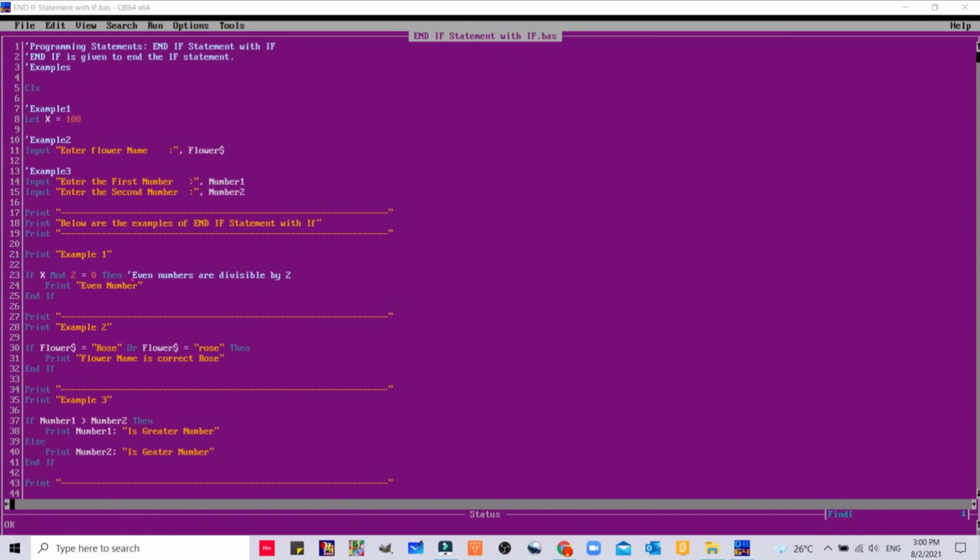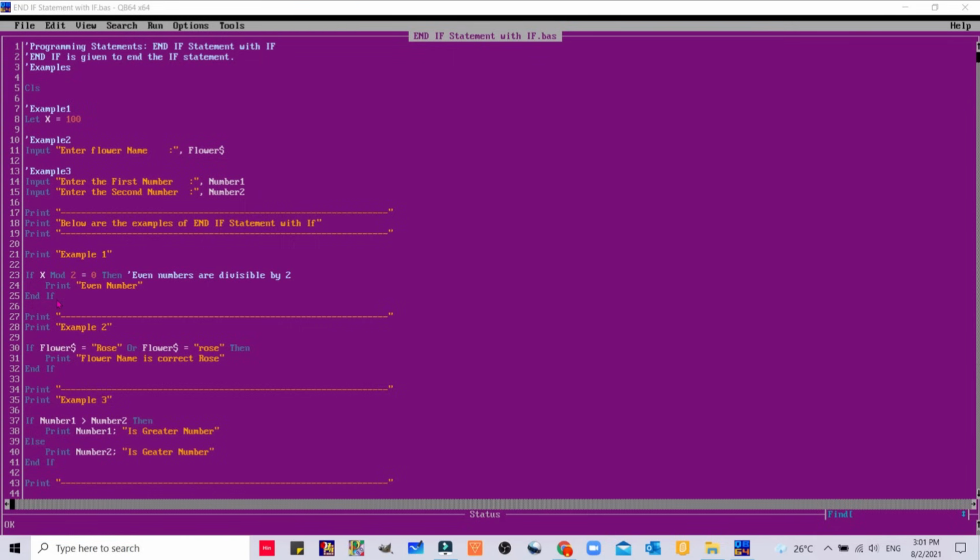Then print even number. And then end if. This is the if statement, and we are ending if. So this is the first example to understand how we write end if with if.